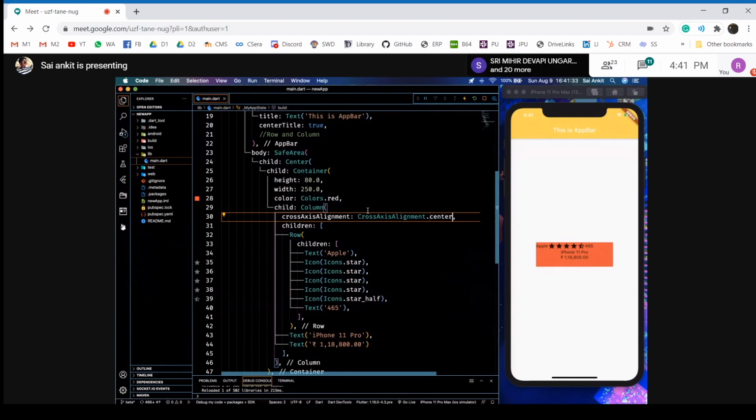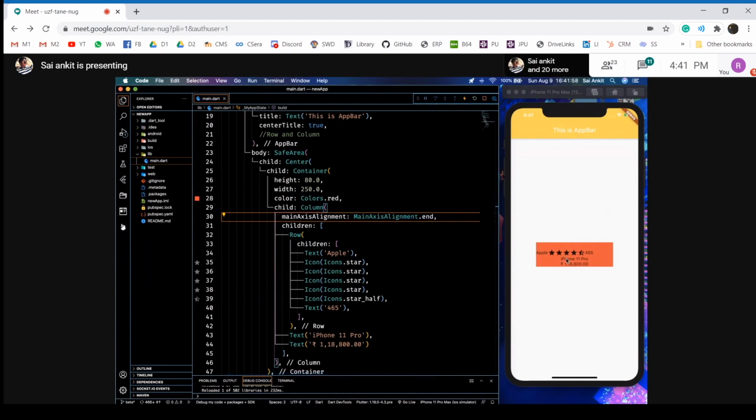Oh my God. Okay, this is not our right main axis dot center. Let's just say I want to center it on the column. So these three widgets come to center on this main axis. If I want to make it come on the start, then it starts from the start. If I write from the end, it starts from the end. You're getting it, right? So you can align this in this format.